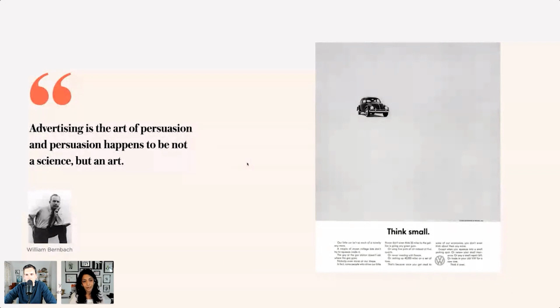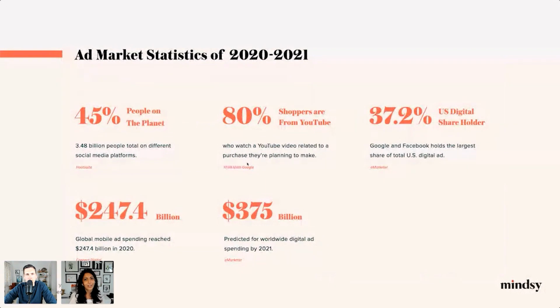And if we dive a little bit into statistics, let's see the impact of advertisement in the market. 45% of people on the planet are using different social media platforms. 80% of shoppers make their purchase decisions by seeing YouTube videos. This is by Think with Google, they sourced this information.